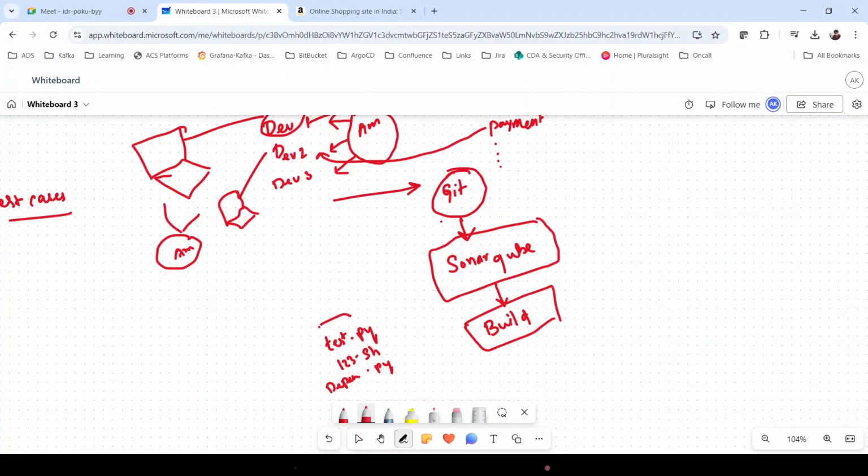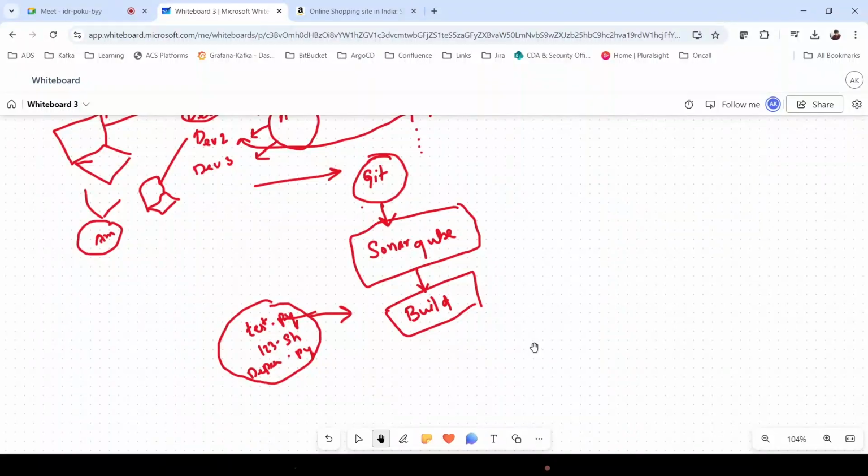All these things should be combined together, and only then will the application run. So we have to build it. We have different build tools, and we build using those build tools.